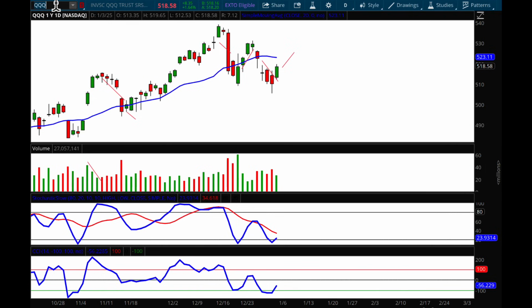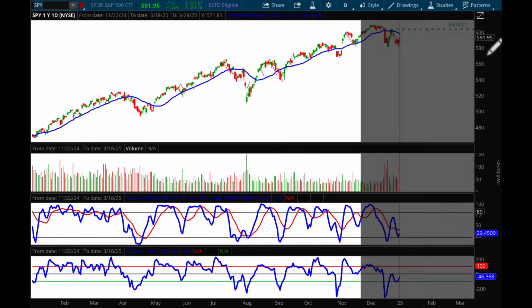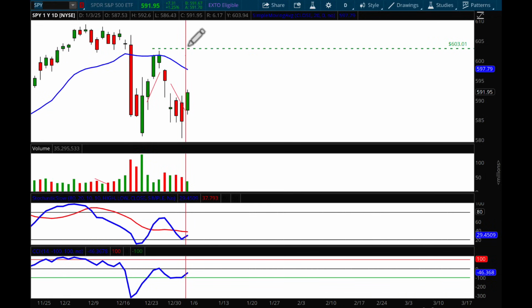So, again, the upside target is 525.58 for the Qs. Now, I'd like to spend a little bit of time on SPY because I have a couple of extra lines here that I drew a couple of weeks ago, actually. This vertical red line represents the end of the window for the Santa Claus Rally, aka the year-end rally. This green dotted line is what the average should have been had we hit our mark for the Santa Claus